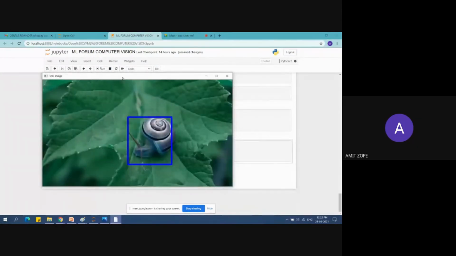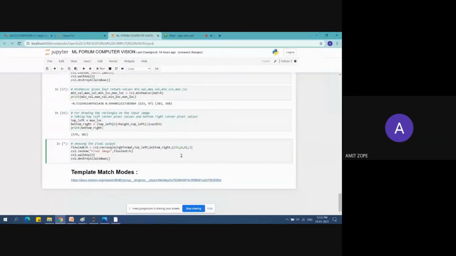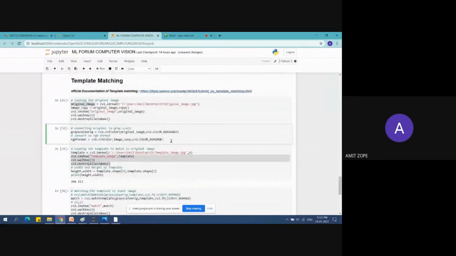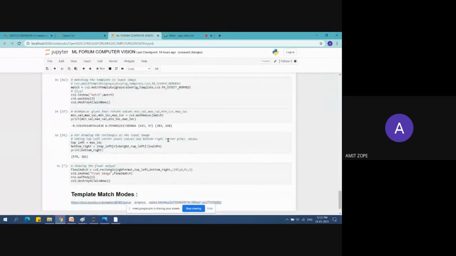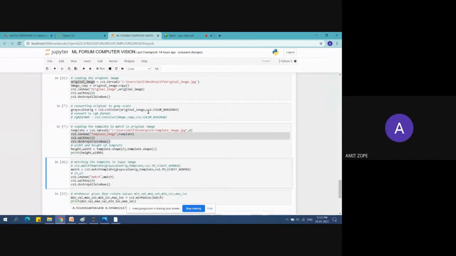Yes, so you can see that it is blue. Okay, RGB, it should be converted to RGB. I prefer to use this RGB format converted from BGR. Let me see.